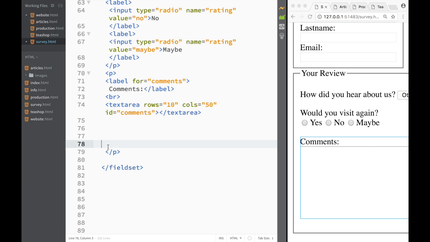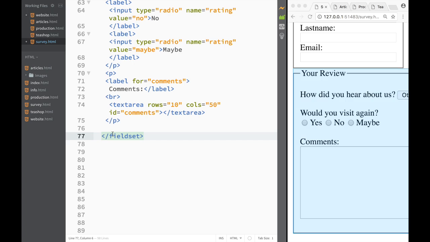So I'm going to, again, make a little bit more space for myself over here, and I'm going to do the last paragraph. What I'm going to do is create a label over here, and the label is basically going to be for the submit button. So now that I've closed this paragraph, the last thing that I'm going to do is create a submit button,